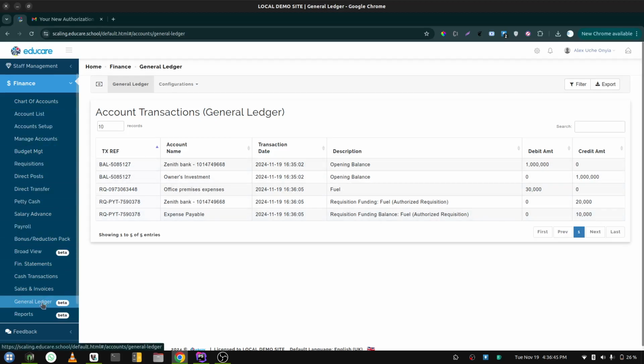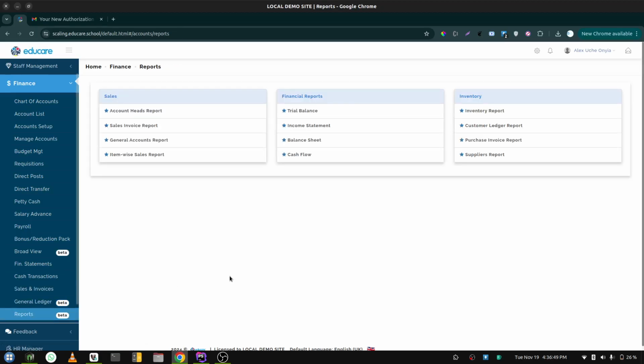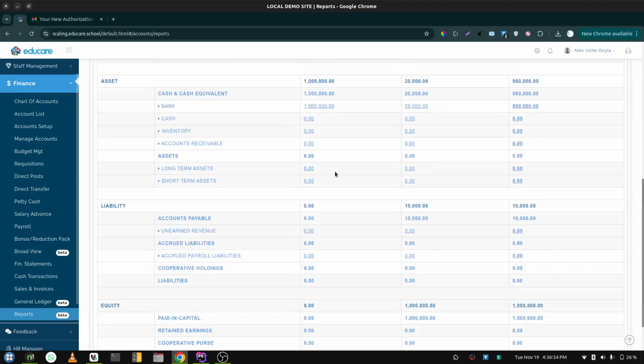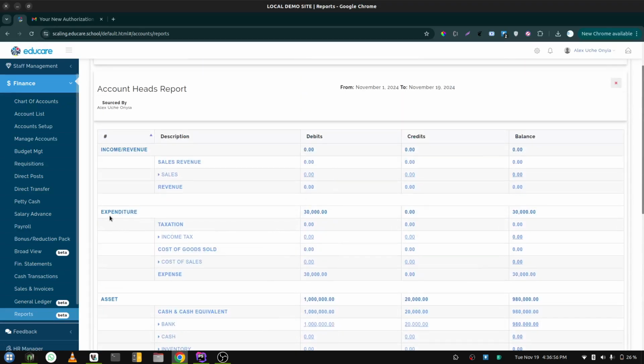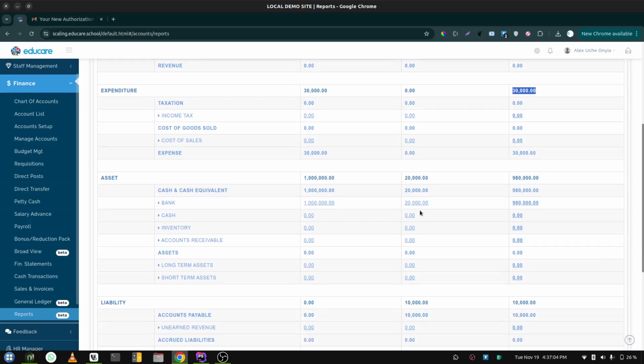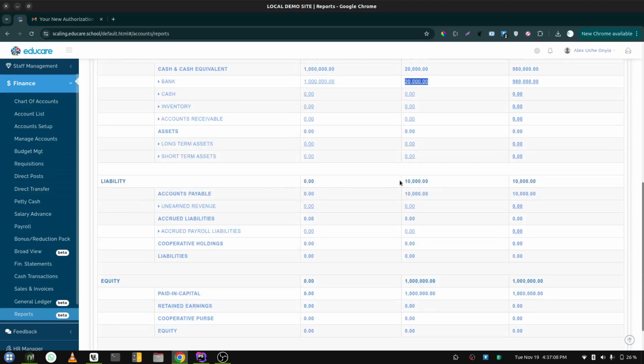Now, if we go to our reports and check the general account heads, of course, you will see everything reflecting as it should. First, the income, no income. Expenditure, you can see the expenditure debit, 30,000 naira. You can see the assets of 1 million naira with a credit of 20,000 naira. And you can see the liability of 10,000 naira, which is the payable that is currently hanging on